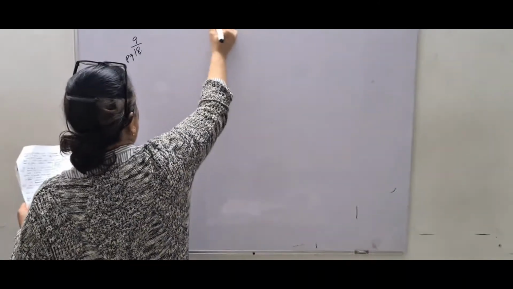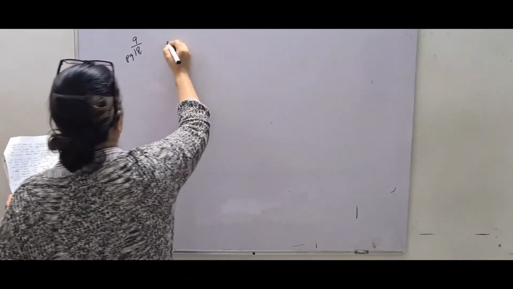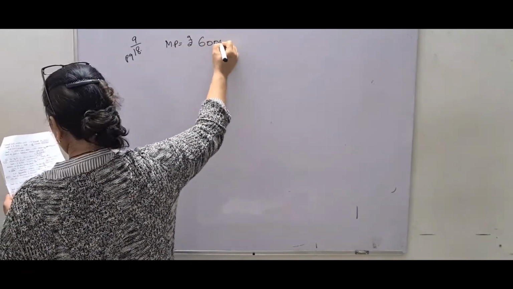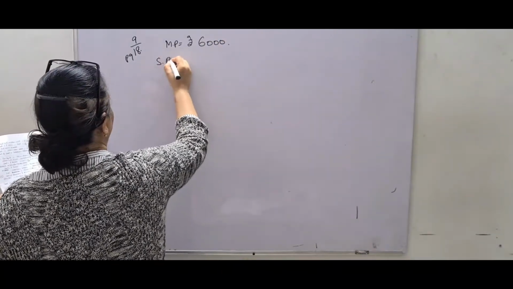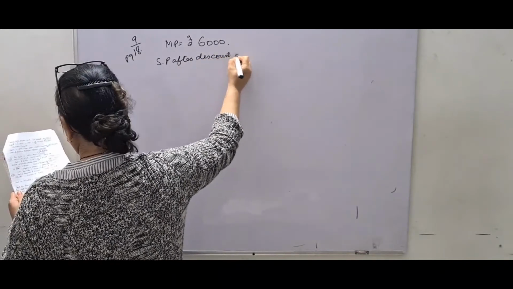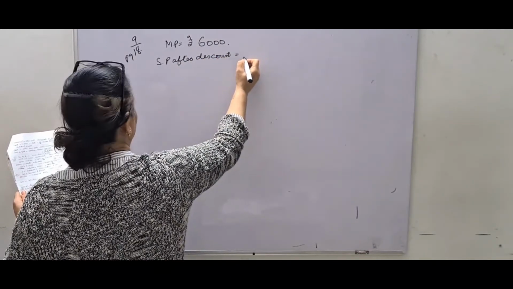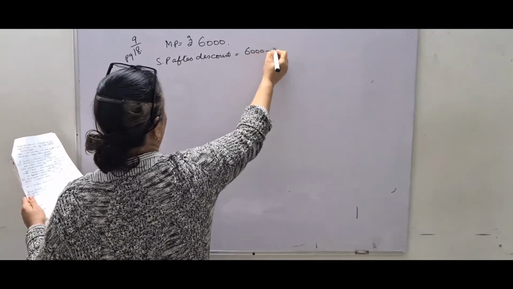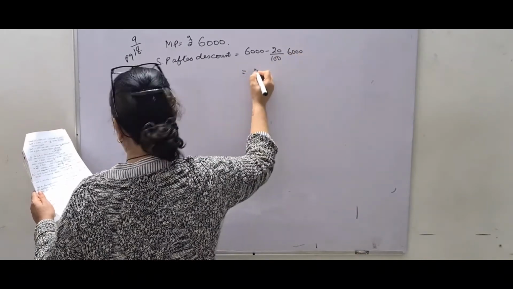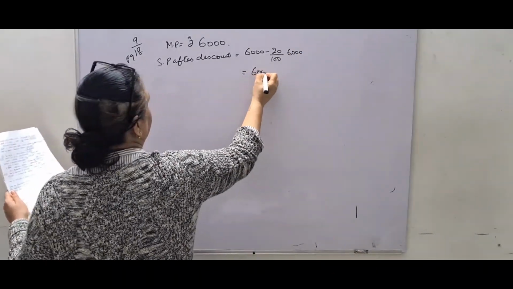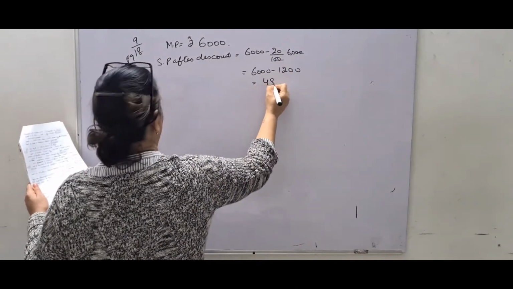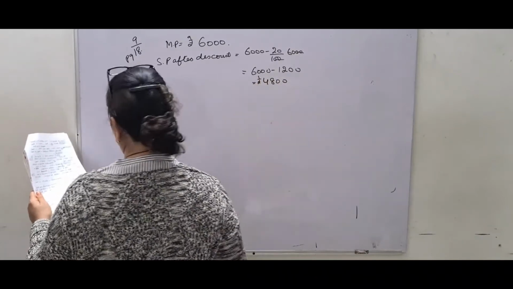Exercise 1B. Marked price is given to be rupees 6,000. A discount is also given, so let's calculate the SP after discount. The discount was 20%. You can write it like this, 6,000 minus 20% of 6,000, or you can take 80% of 6,000. It means the same thing. When you calculate, the discount will be 1200, and this is your required value, 4800. Please don't forget the unit.